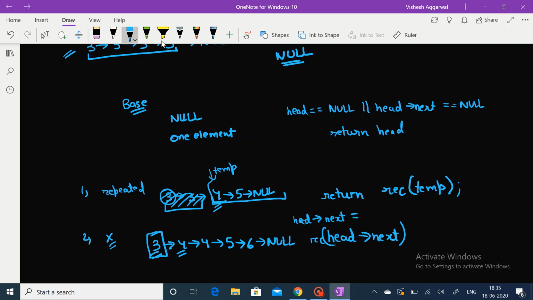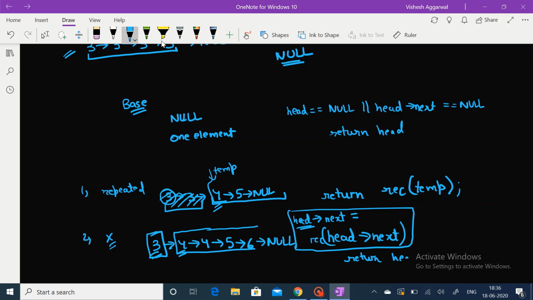Head next is equal to recursion of head next. So what this will do is it will simplify the linked list from the next node and bring the head of that linked list and store it in the next value of the head, and then we will return the head node.